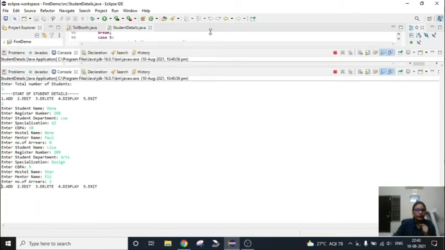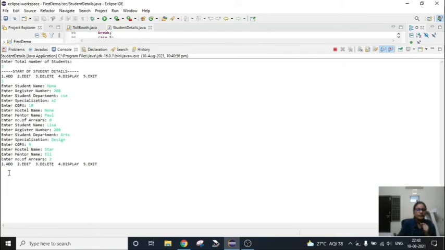So let's say edit, let's see the edit option. So I'm going to give the option 2. So it is asking us to give the student register number. So according to that register number, it is going to take that student's particular details, and it is going to ask us what we are going to edit in it. So let's say 209, which means 209 is the register number of Lisa. So let's see what will happen.